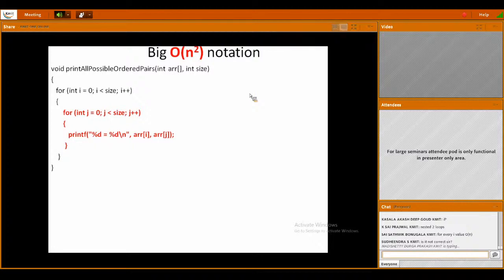I'll give you the correct answer, but I'm just making you think. You are given an answer, but I'm trying to understand whether it is sufficient. Now see, we are talking about improving the performance, right? So thinking about performance is also algorithm. So Sudhendra, what I'm trying to ask you, whenever there are two loops in a code, will it be n square? Or is how these two loops are placed more important, or because there are two loops, is it n square always?